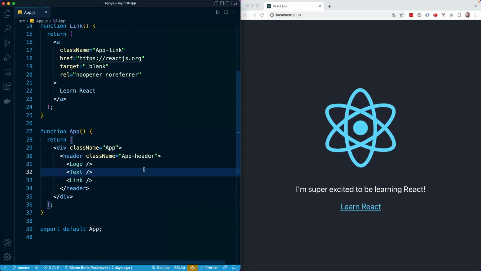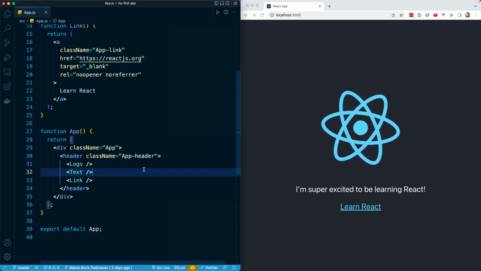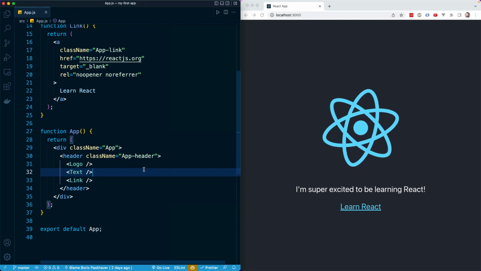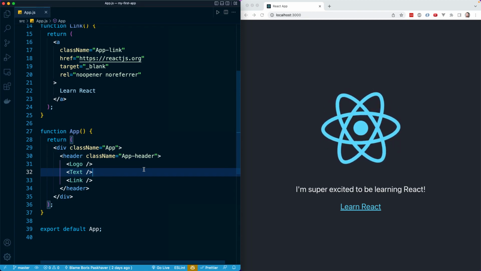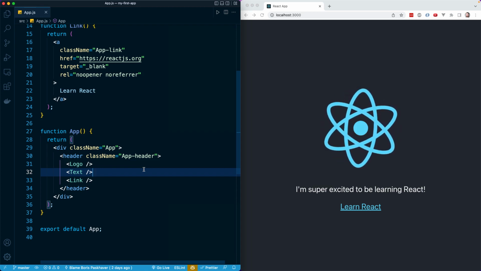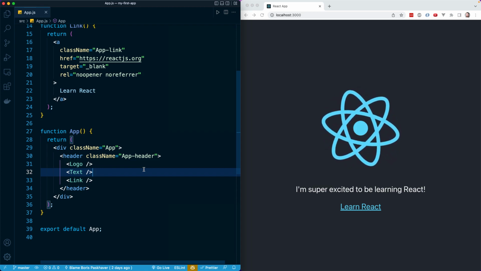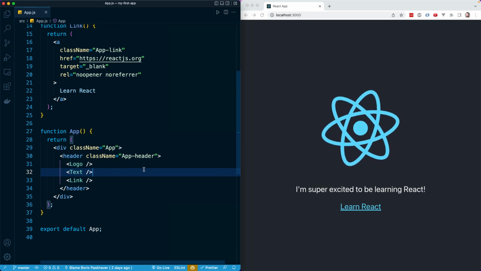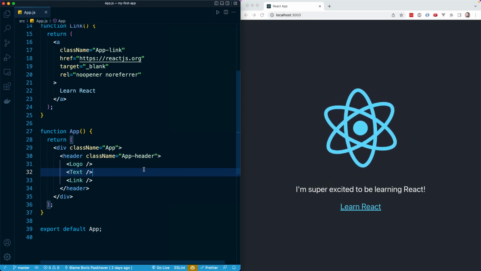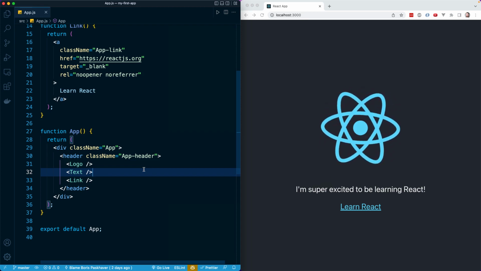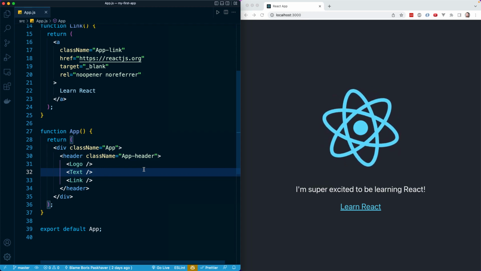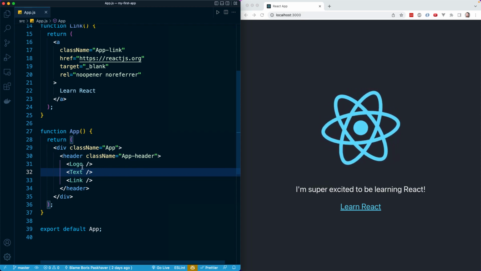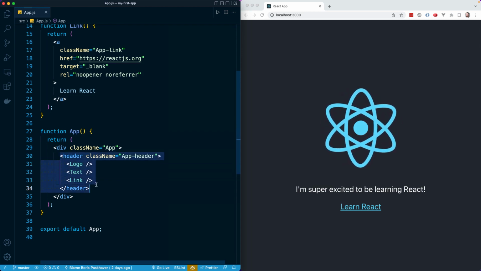So we ended the previous lesson with an app component that renders three other components: the logo component, the text component, and the link component. But the beautiful part of React is that this relationship of having a parent component that renders a child component can go on many different levels and layers deep. So just to show you how this will work, let's try extracting just this chunk of the app component into